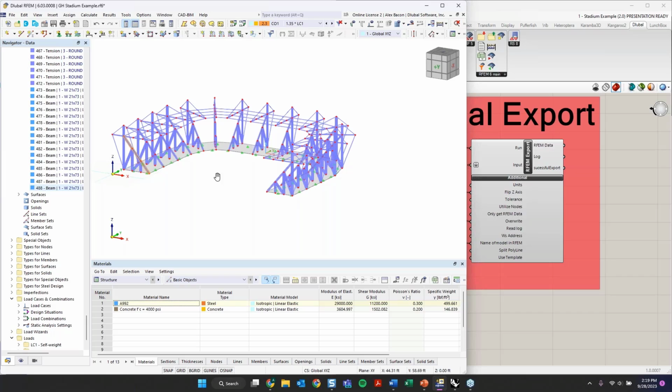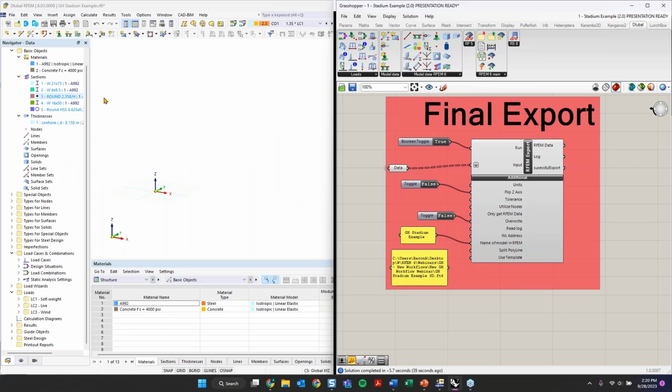Or imagine you can use this in a way where you create the sections and materials in RFEM first, and then you can save them as a template in RFEM. So that's a workflow that you can use with the new template feature. Then you can either close RFEM and make some modifications, and then run the export again with the overwrite setting set to true. So this is the workflow